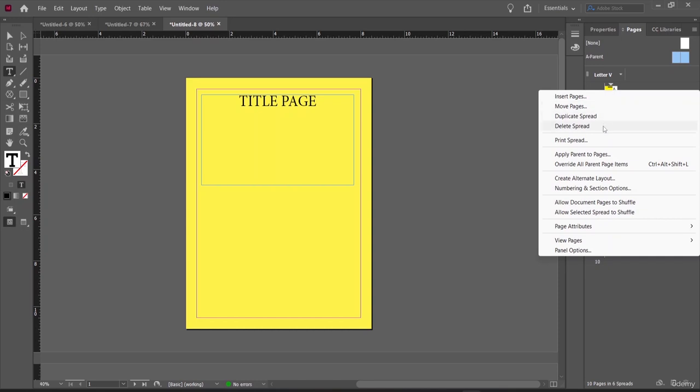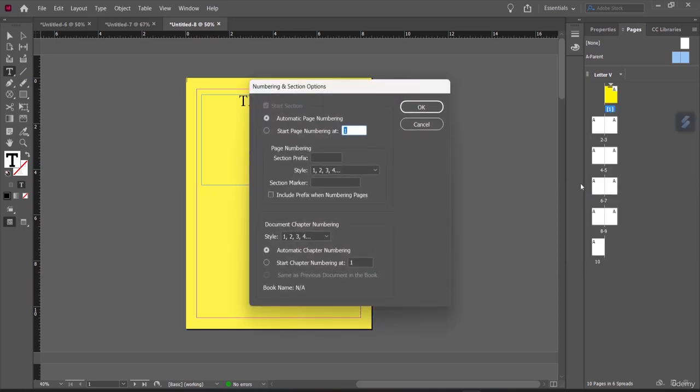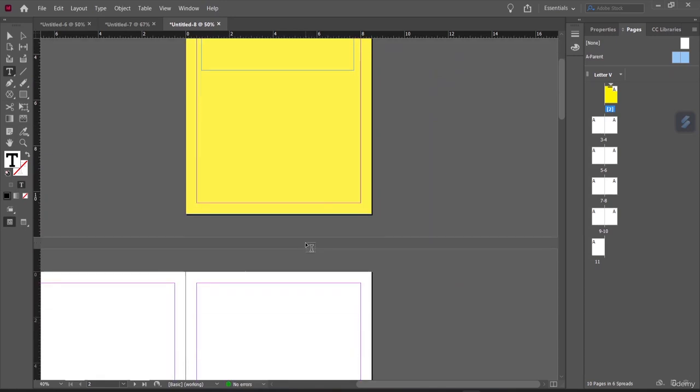And after that, I'll right click again, and here just underneath the create alternate layout option, I do have the numbering and section options. So from here you can see a page popped up here, and here I will choose start page numbering at, and I will choose from 2. Okay, and now once I click on OK,